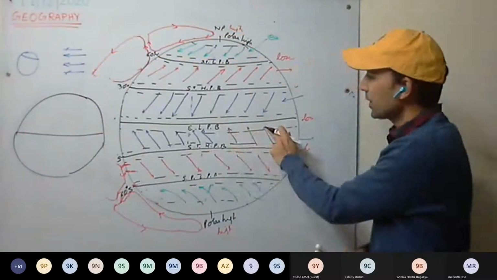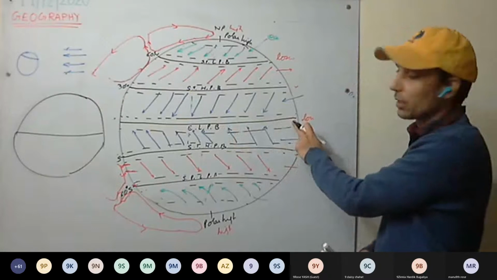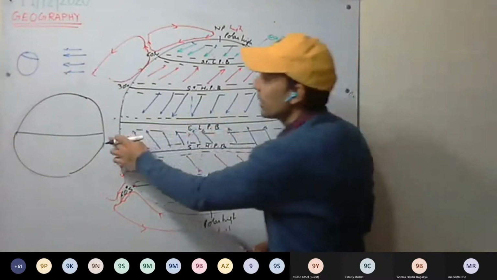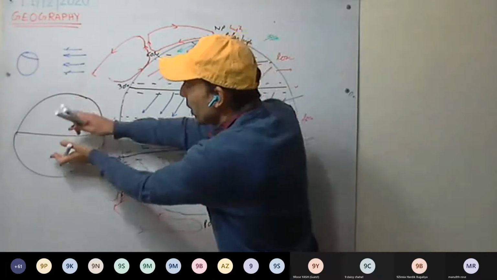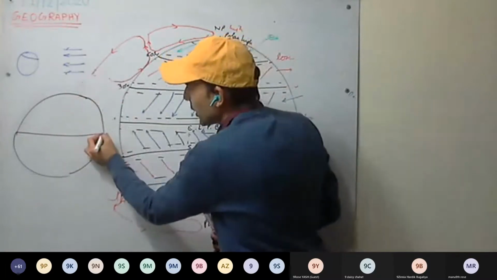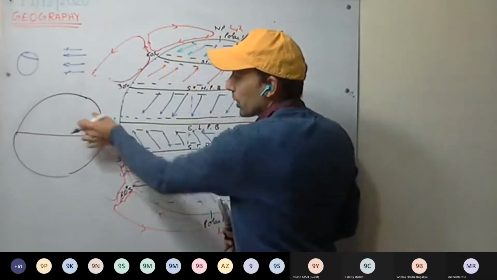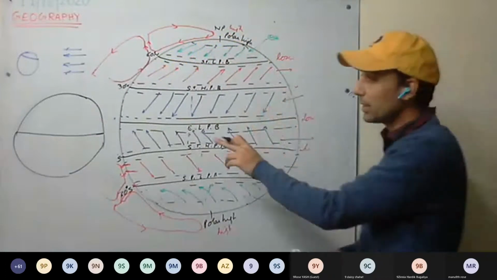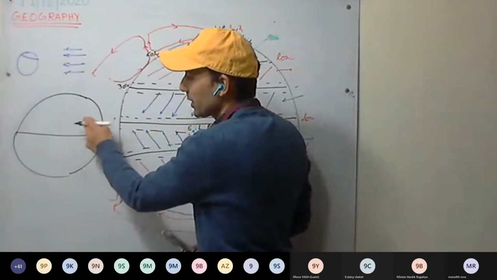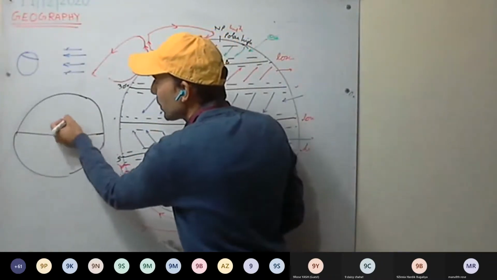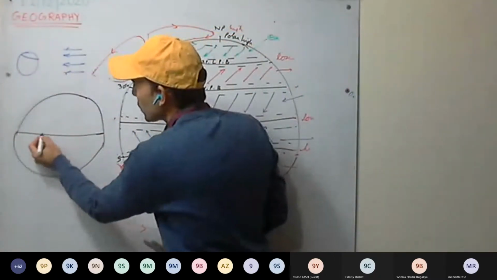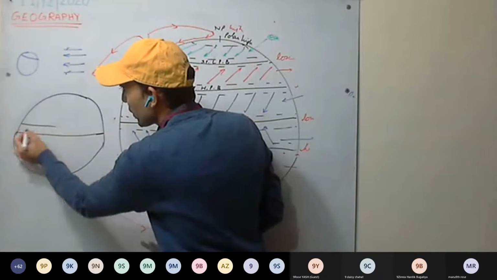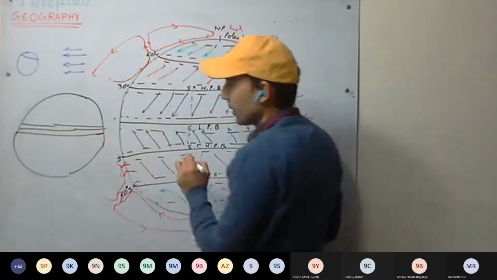So see here, earlier the equatorial low pressure belt is at 0 degrees. But during summer, when the sun is overhead on the Tropic of Cancer, these pressure belts start to shift towards north. The equatorial low pressure belt shifts the most. It shifts by 10 degrees and sometimes around 20 degrees, near the Tibetan plateau as well. We'll discuss that in monsoons. So the equatorial low pressure belt gets shifted by 5 to 10 degrees.